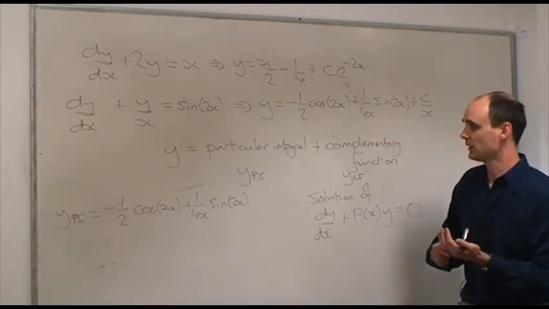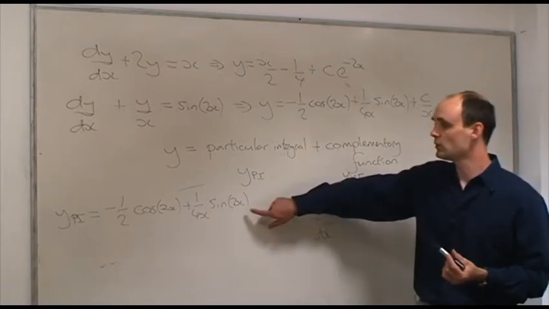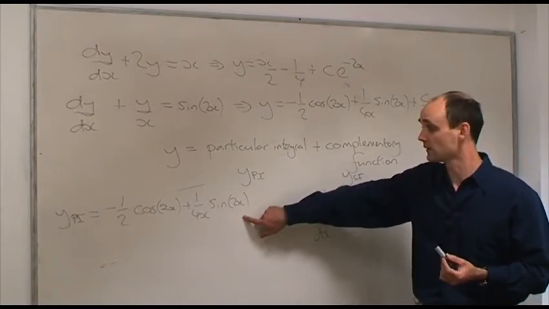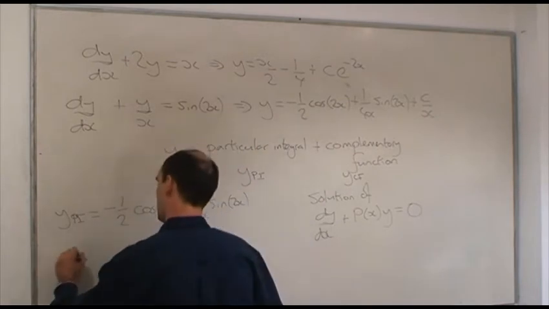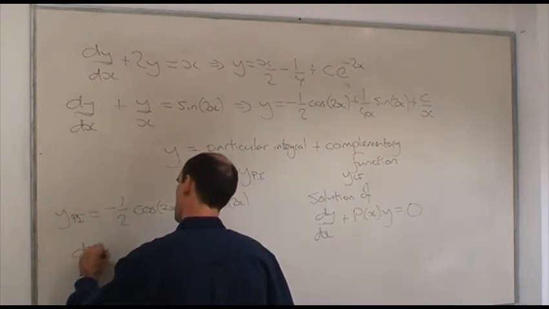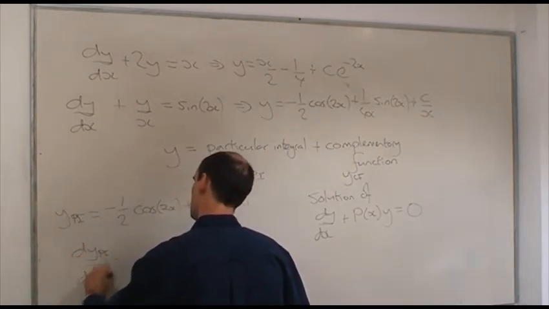And I'll leave it as an exercise for you to do. But what you can do is differentiate this with respect to x and check to see whether dypi by dx